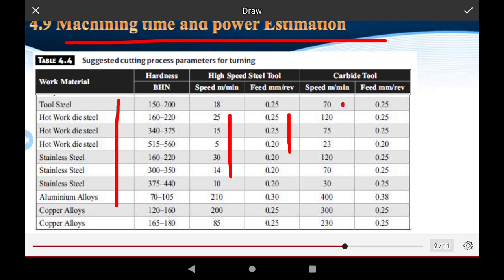Carbide tools also have variation of speed, depending on the hardness of materials, 770 and 120 and 75 is the speed per minute. Also as the speed increases, the feed rate per revolution is also different. Okay,